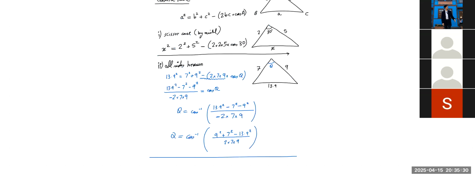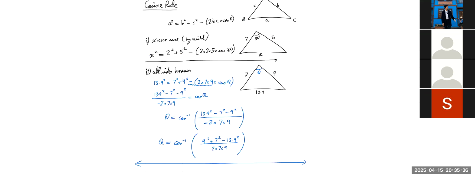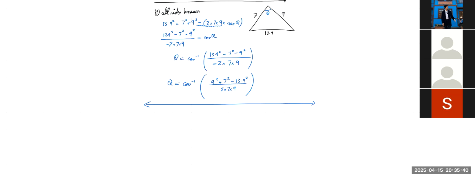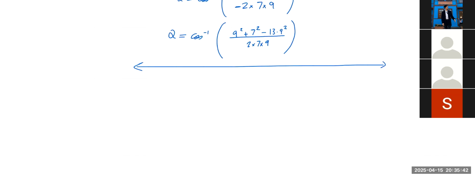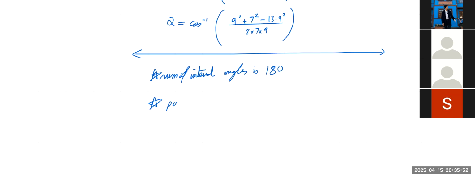And actually, this is all of the possible trigonometric questions you can get in an exam. You will not be expected to know anything else about trigonometry, other than the very basic ideas like the sum of the internal angles is 180. And you're also supposed to know the Pythagoras theorem, of course. Everybody should know that. Another thing about the Pythagoras theorem that I had a question about today